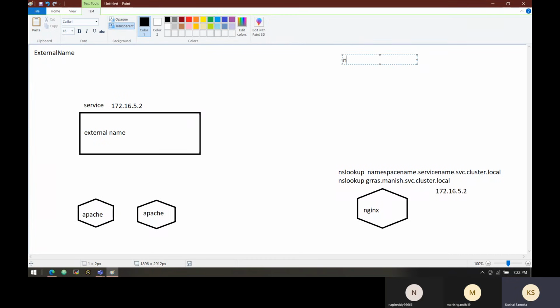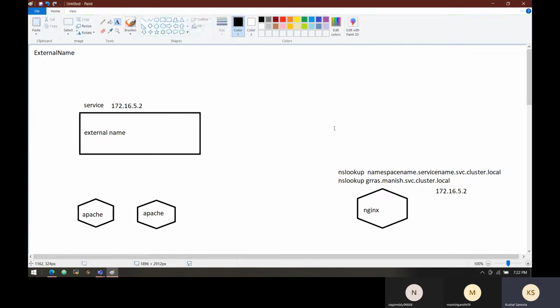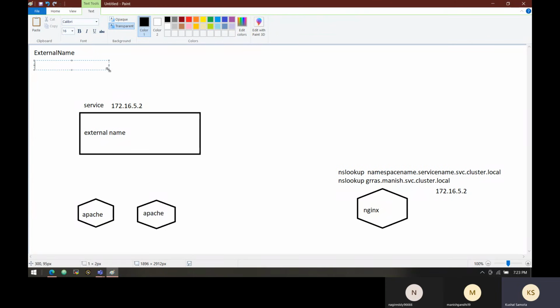Right. Like the way you do nslookup on google.com, facebook.com, as the same way you need to do nslookup on the service. Now, what is the use case of this external name? Okay, they are saying that if you want your service to be resolved to a particular name or particular domain,